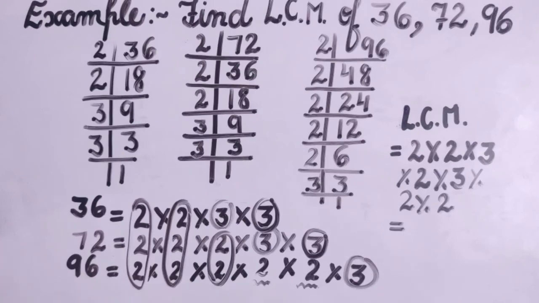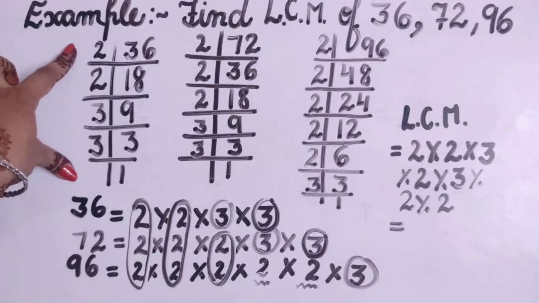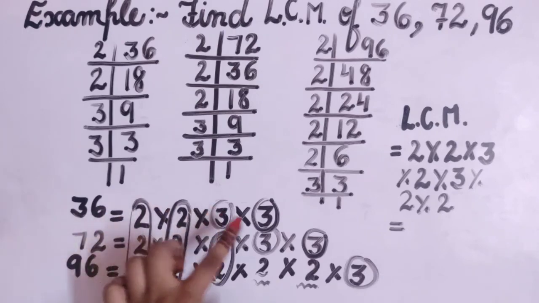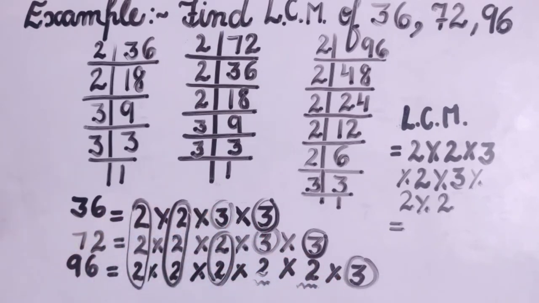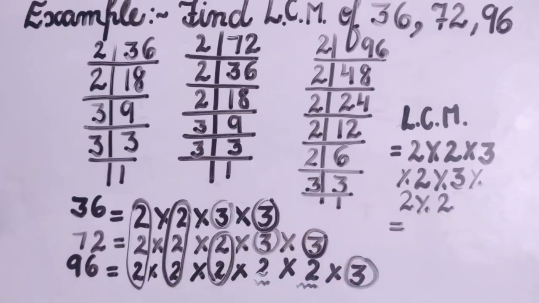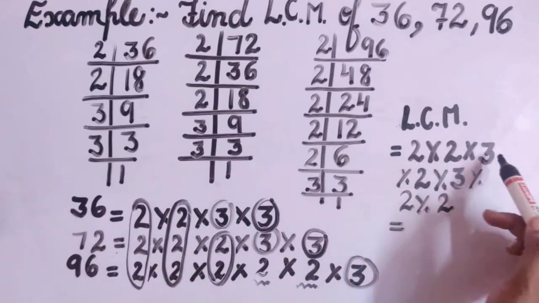Students, I am repeating my steps. What I have done here. Firstly we have done the prime factorization. Secondly, we have found the factors which are common in all three numbers. Right? Third step is we have found the numbers which are common in two numbers only. And we have written them separately. Fourth step is the factors which are not common, which we have not circled. Let's write them also separately. And the fifth step, or we can say the last step, is find out the product of all.